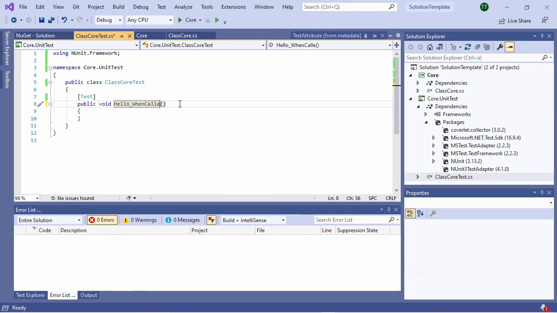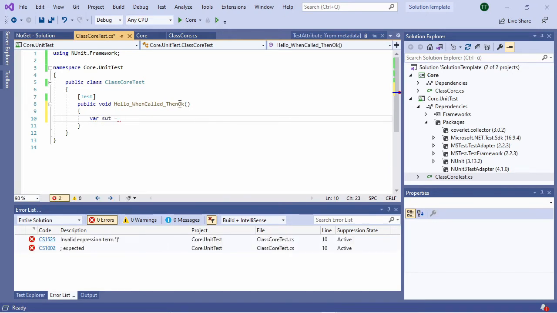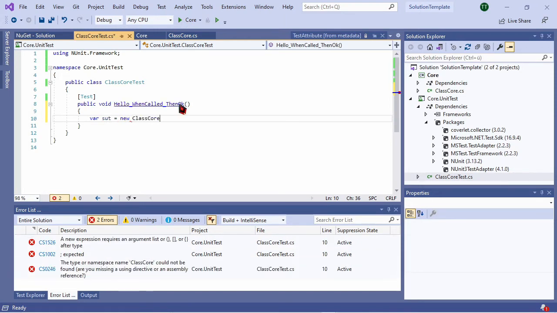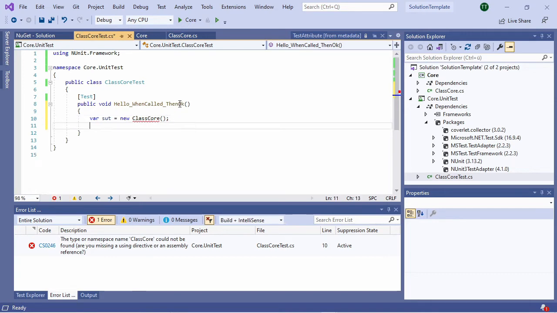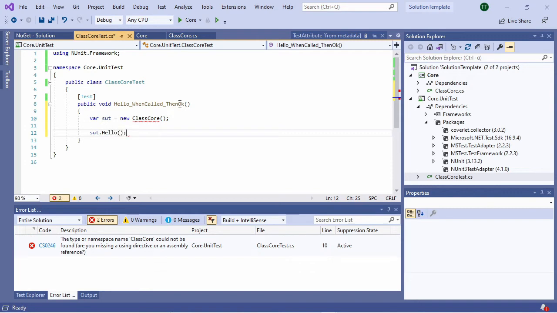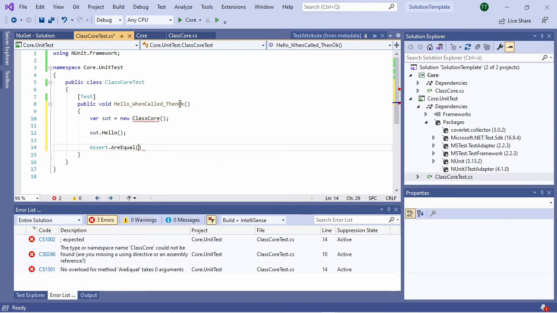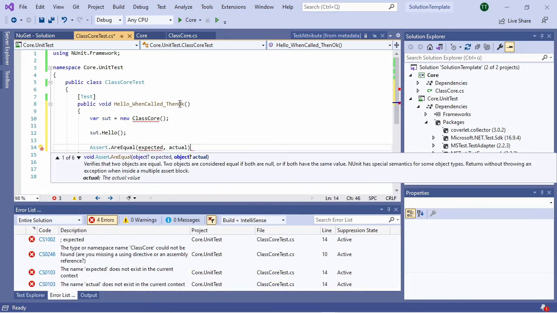When called, then okay, and then here I can say that I want the suite which is new ClassCore, which is not recognized for the moment, and then suite.Hello like this, and Assert.AreEqual like this, expected, actual like this.